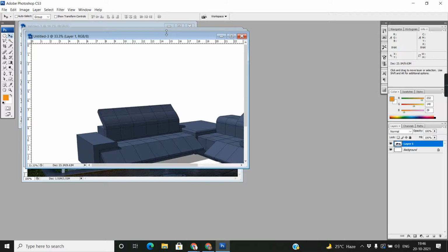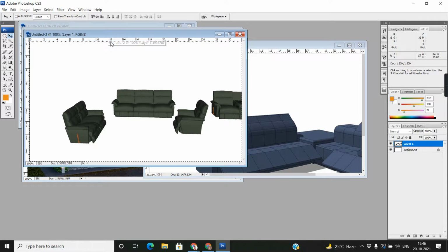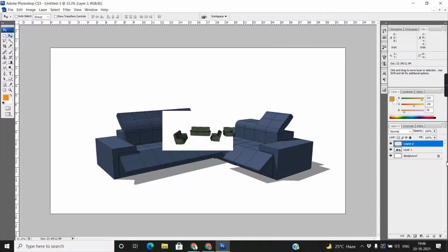Like suppose I copy the entire thing, Control A, Control C, and I use Control V, it comes automatically in a new layer. Okay, so right now we have two layers.